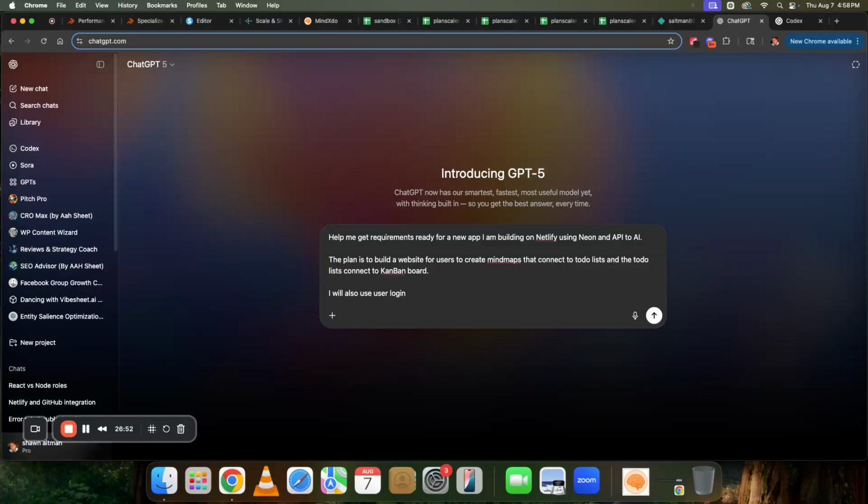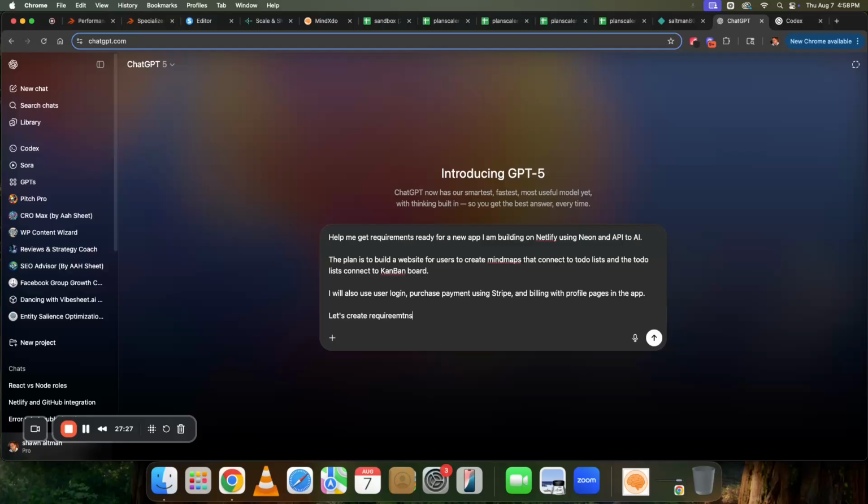And then we could say, I will also use user login and a purchase payment using Stripe, and billing with profile pages in the app. Let's create requirements,